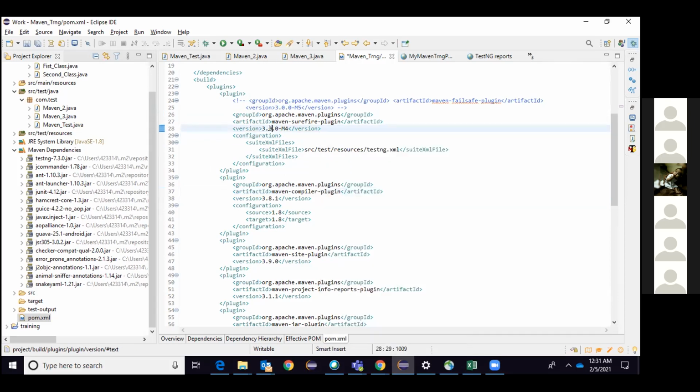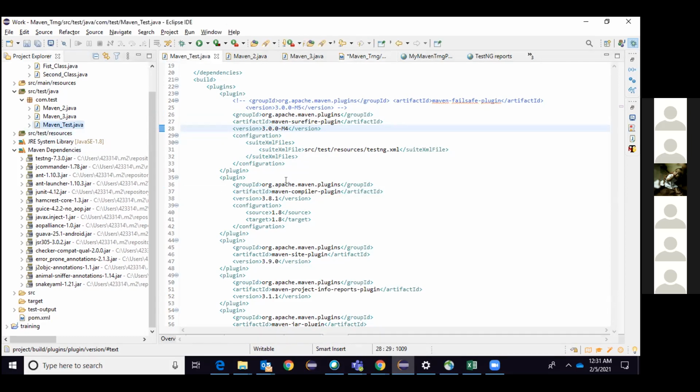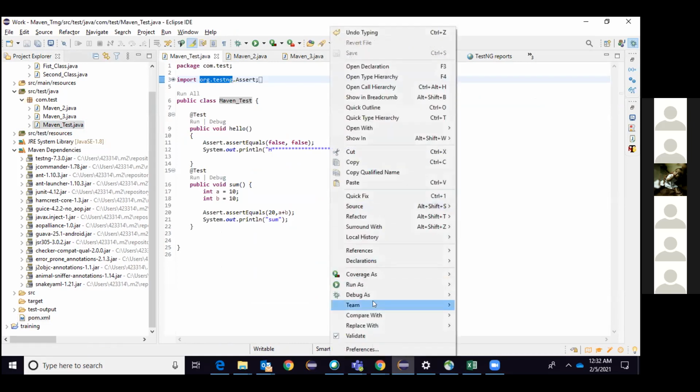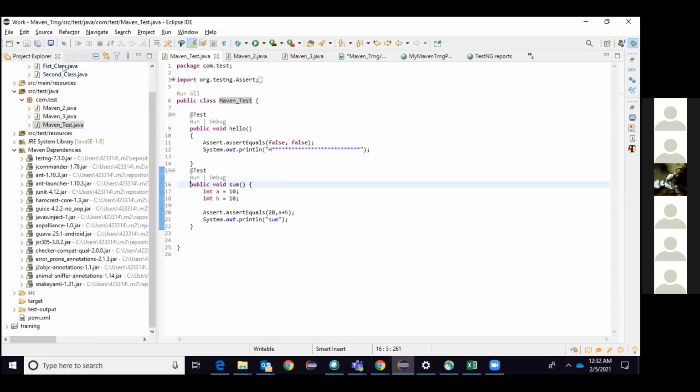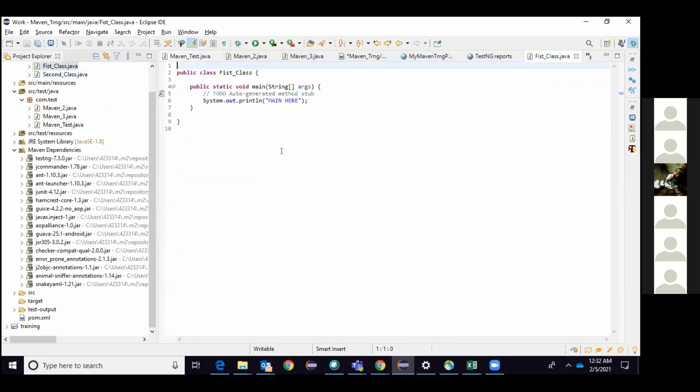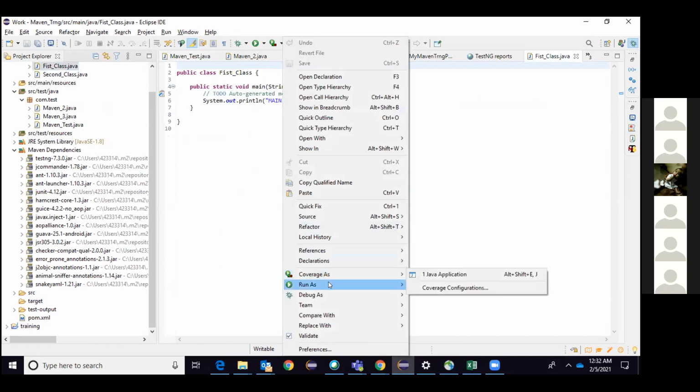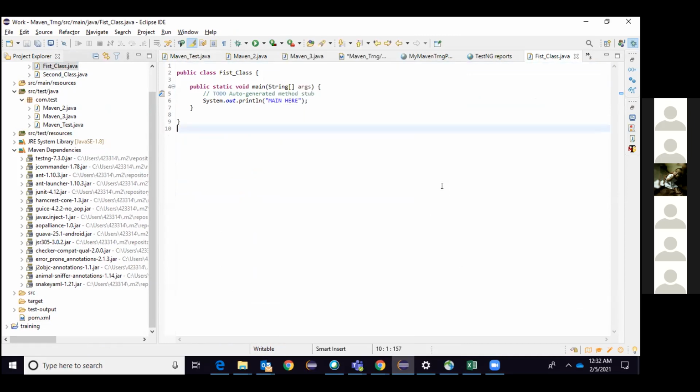Basically, to run any project, we go to the class and right click. Here we can do the TestNG test because it's a TestNG project, right? Now to run our class file, I do right click, Run As, Java Application. Means I'm telling Eclipse, boss, this is my class file, you can run the Java application.